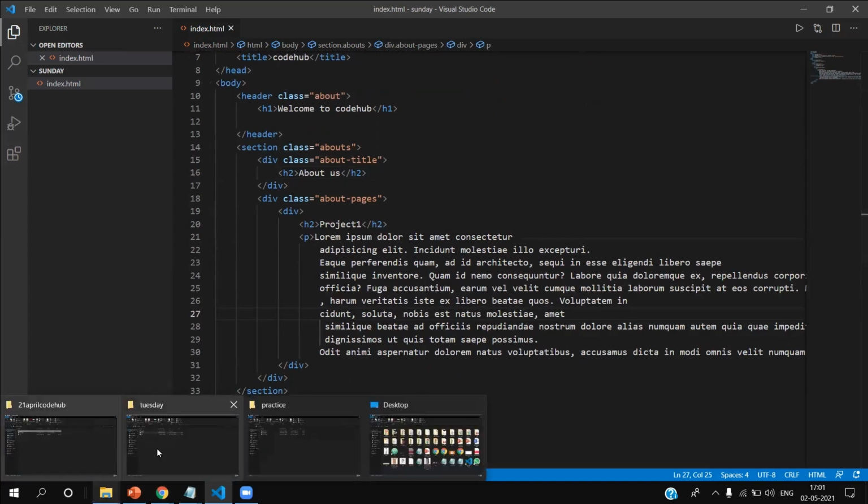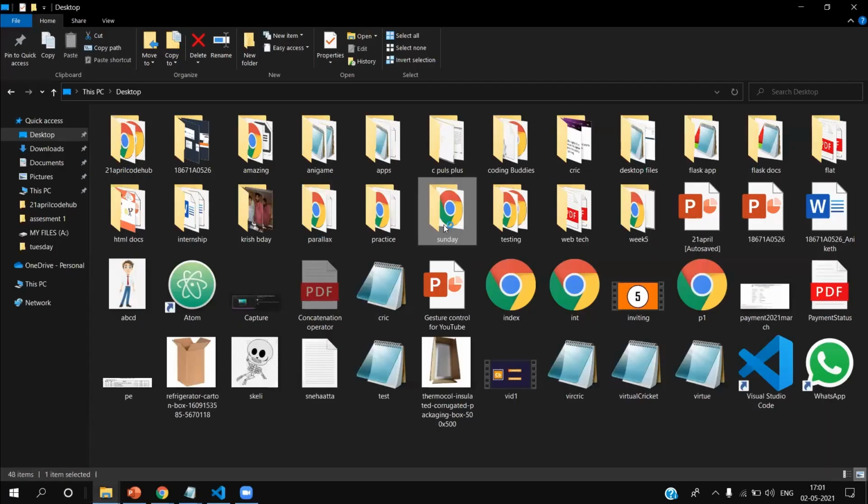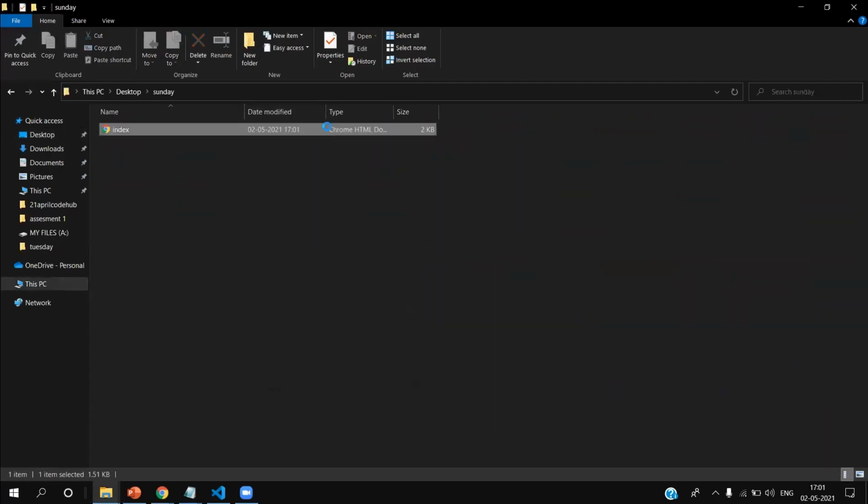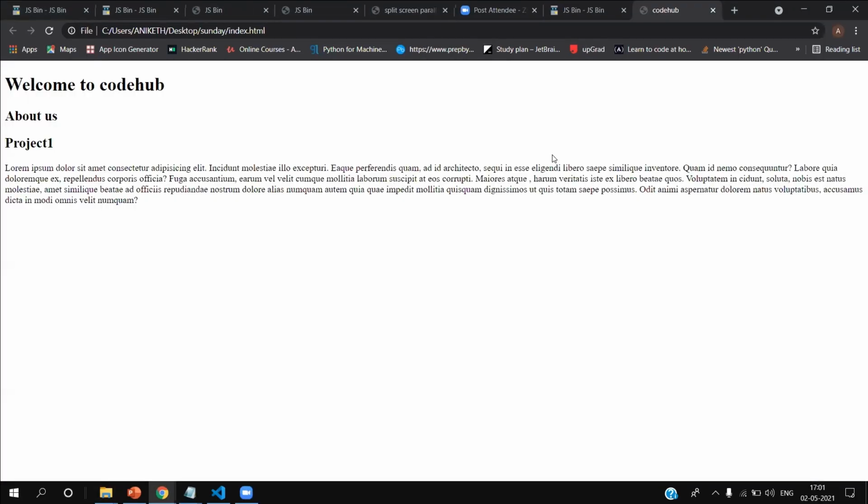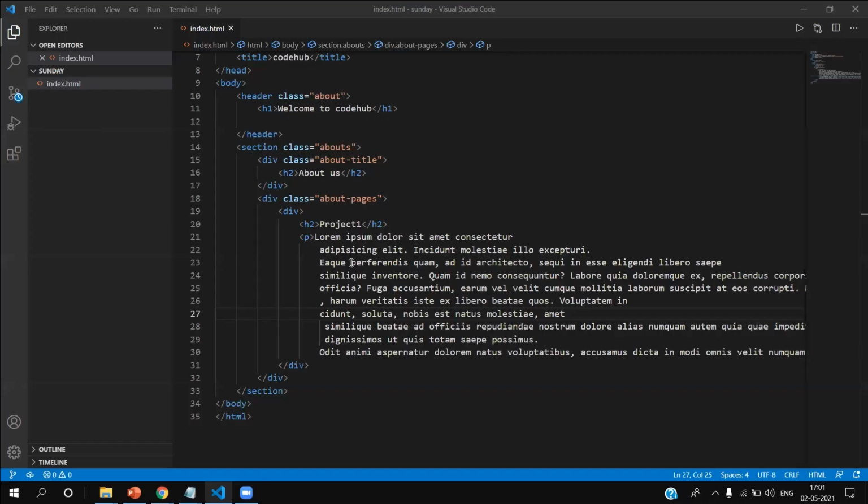Let's go to the file. What was the file name? Now I'll open the index. See, now this is how it's looking. Now there are project 2 and project 3 which we have to do. Copy paste it and change the title to project 2 and project 3.